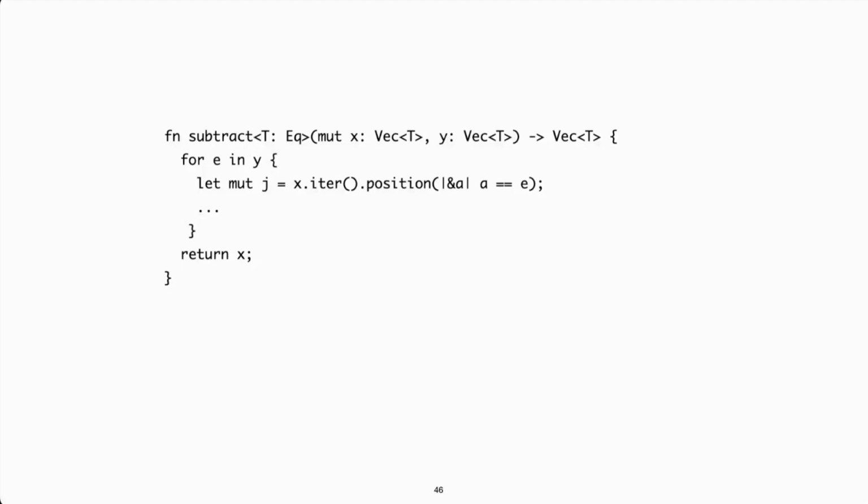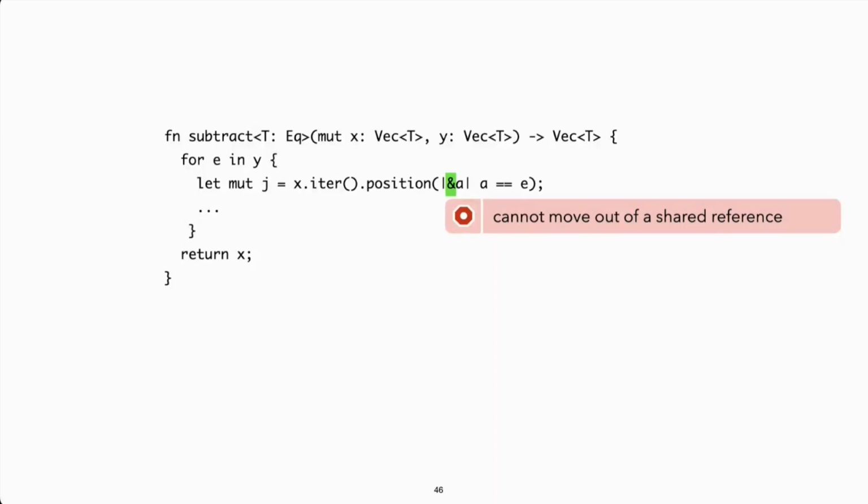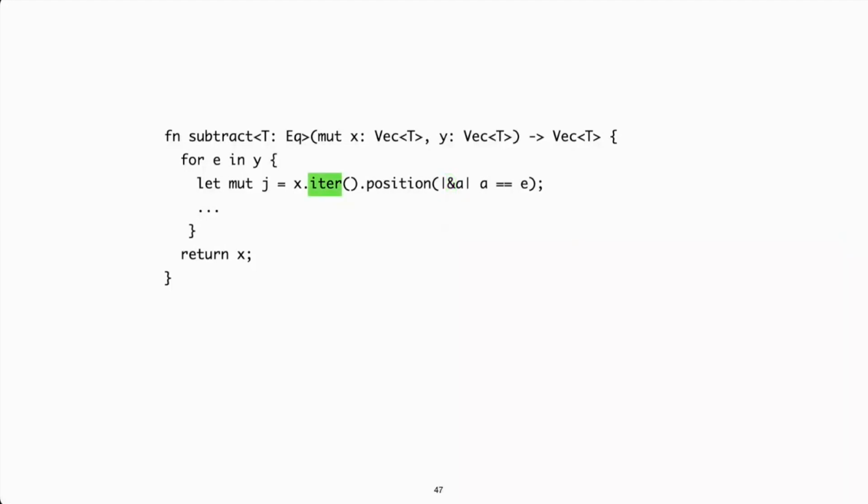For example, while preparing the slides for this talk, I stumbled upon this head scratcher. I copied this line from the Rust documentation, the iter position line. And position is the method that gives you the index of an element in a collection. But then I got hit with this error message. It's a bit puzzling because it's not completely obvious here what sharing occurs. Where is anything shared? So as far as I understand, the problem is due to iter here creating a borrow. And this borrow is causing a to move later on. But to be perfectly honest, I would need a Rust expert to confirm.